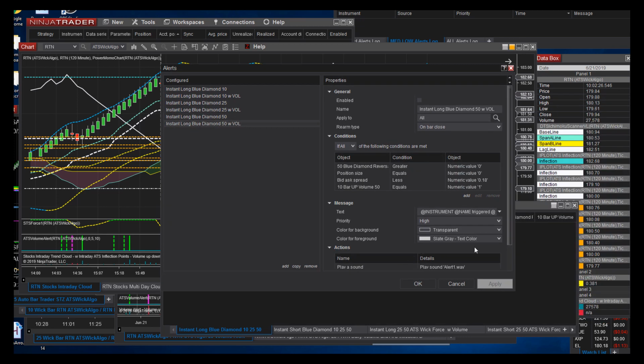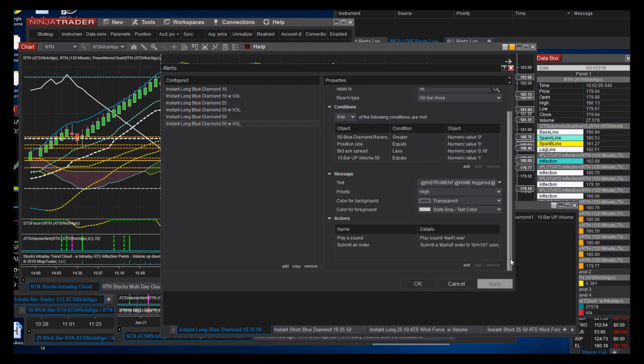And they actually have orders down here at the bottom to play an alert, because you definitely want to know when something went on, and submit an order. Now, you can run this in your sim account, and that can be your alert system. You don't have to be near as careful if you're running it as your alert system, but if you actually have this linked to your trading account, it's going to send an order